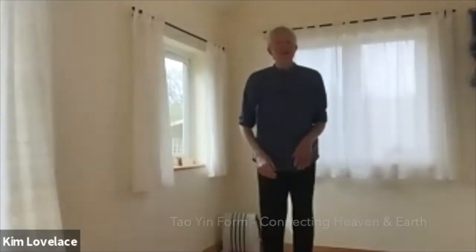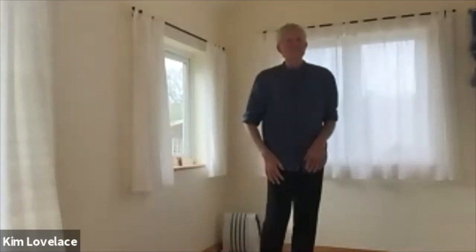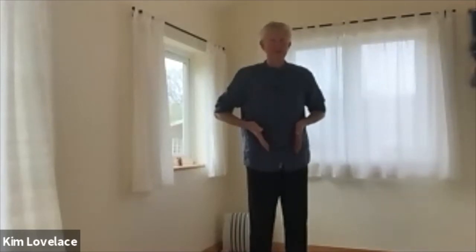That's good. So last Saturday, we did both forms of the Tao Yin, and I'd like to do the other form. It's the more familiar one, but they often get mixed when people describe doing the Tao Yin forms. So often the two get interspersed and turned into one form. So feet are quite close together in this form. All right, I won't bother to stop and change the angle of the